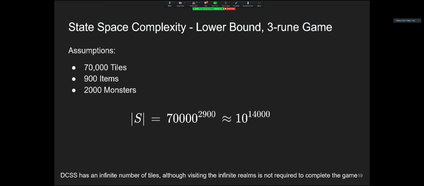If your player is strong enough, people will often try and see how many runes they can get, go for 4 or 5. You can try and go for 15. It gets much, much harder. And that's one of the fun challenges about it. So if we're thinking about just a 3-rune game here, you're going to visit around 70,000 tiles in a 3-rune